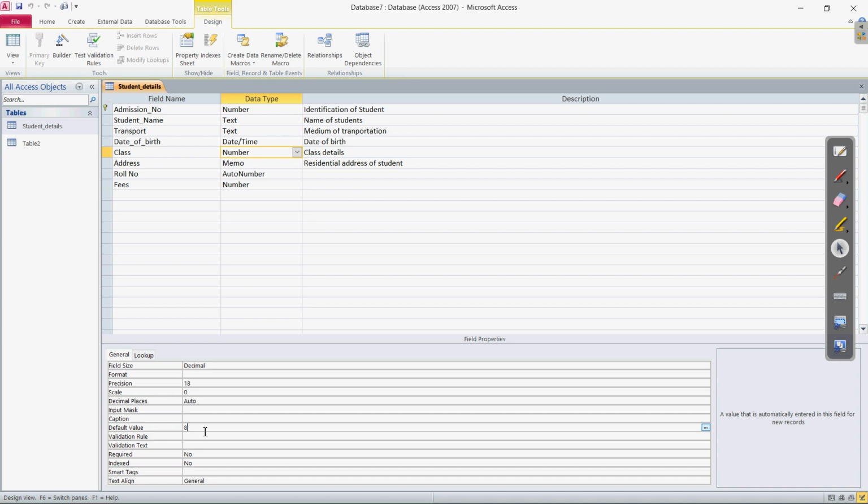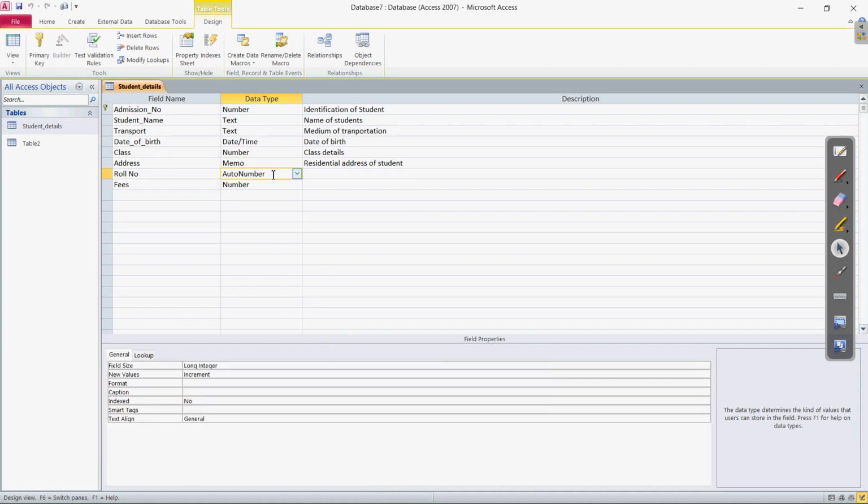If you want to change it, we can change it. Then we have the memo data type, whose limit is 65,999.